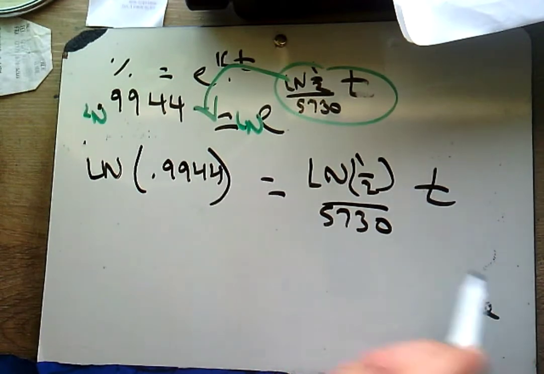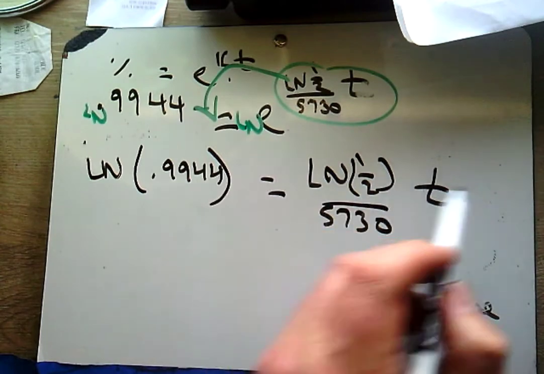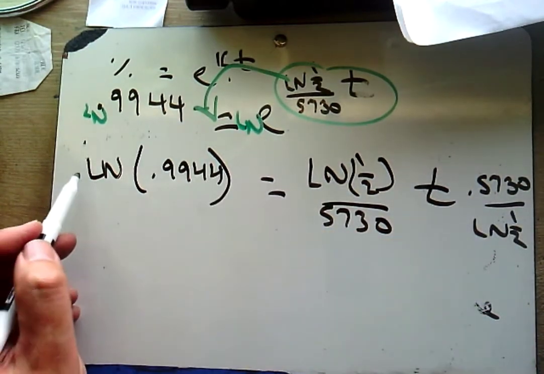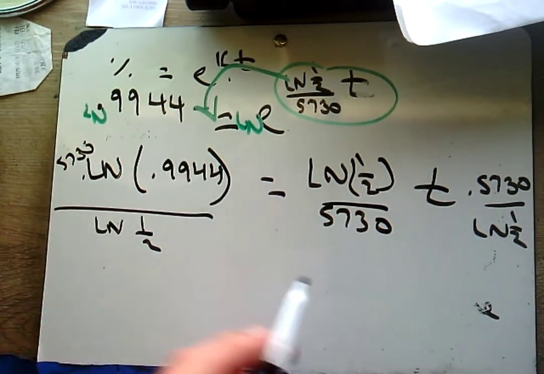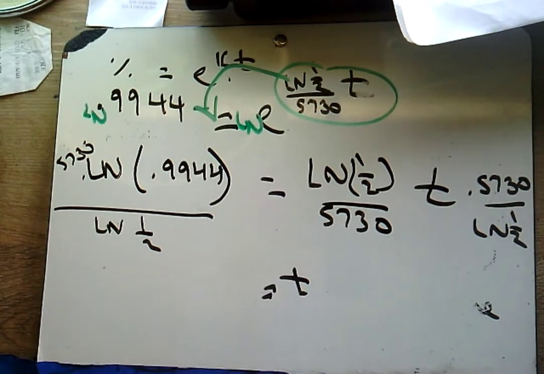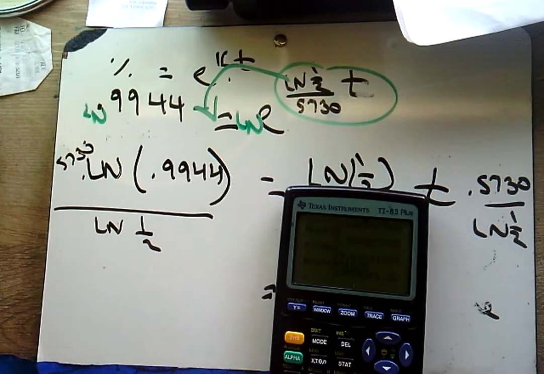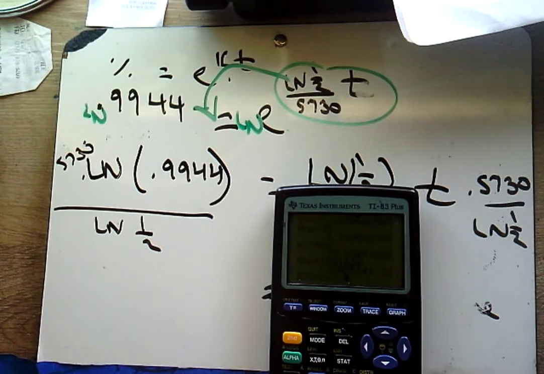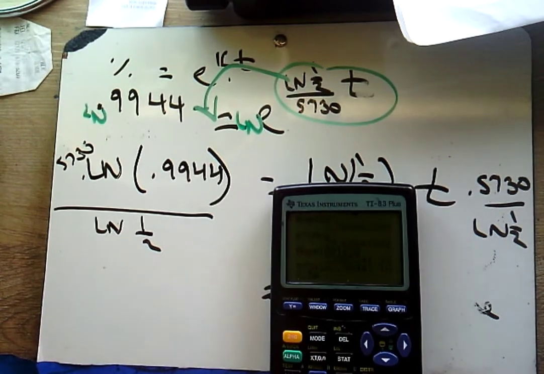I'm solving for T, so I want to multiply both sides by 5730, and I want to divide both sides by ln of 1/2. I'm going to multiply by 5730 and divide by ln of half. Okay, let's see how old this is. We've got 5730 times ln 0.9944. Don't forget to close those parentheses, divided by ln of